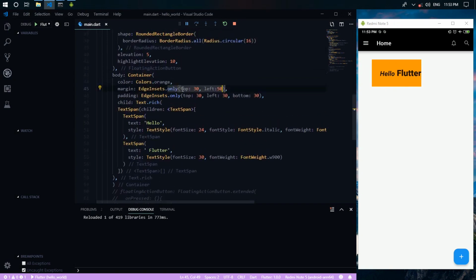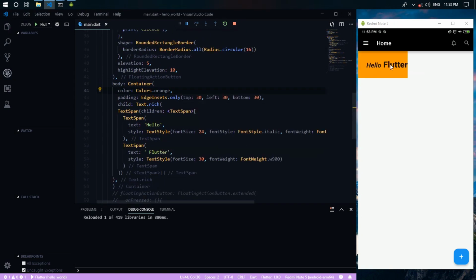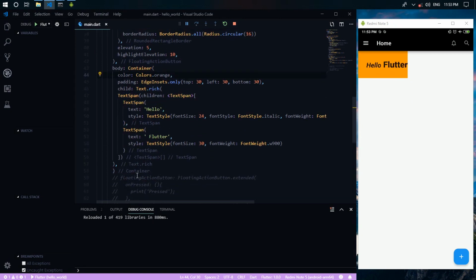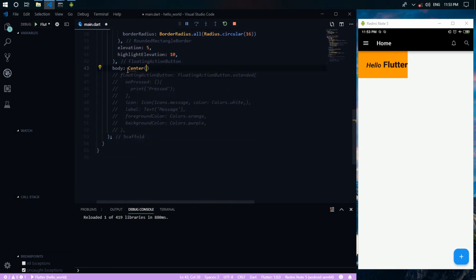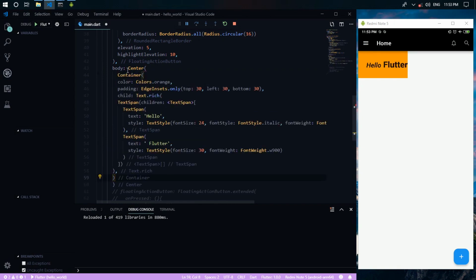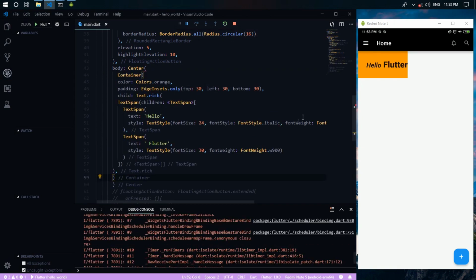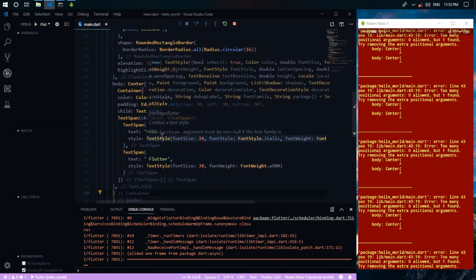And to make it centered on the screen, we just need to wrap it in the Center widget here and paste. Okay, I think there is an error.